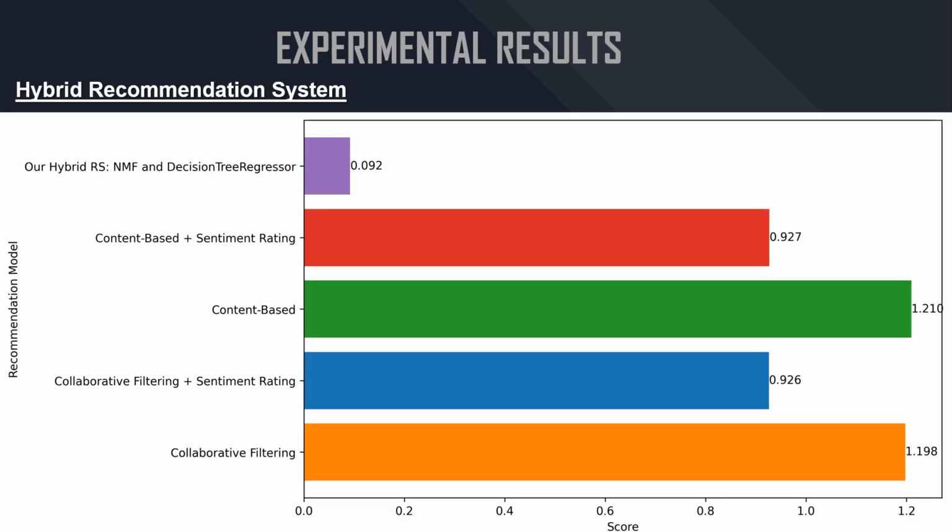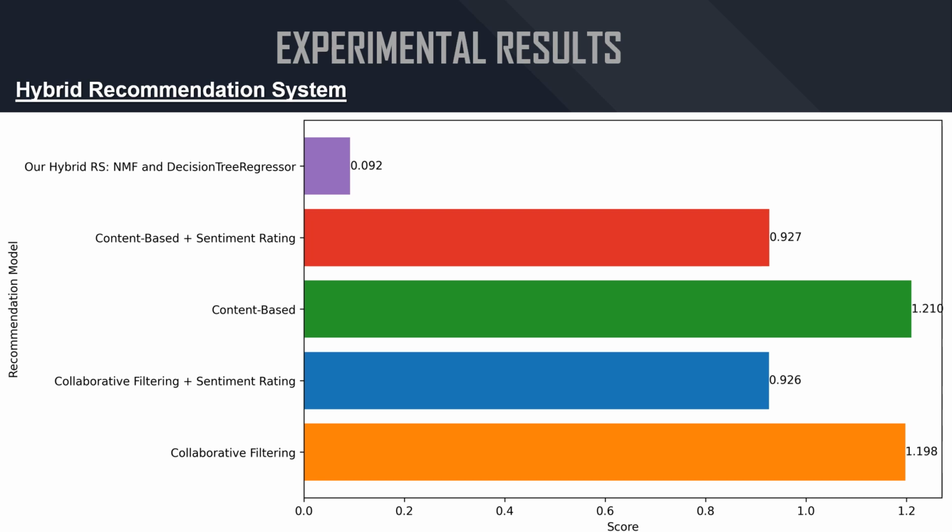This figure compares different recommendation models based on their evaluation metric score. The collaborative filtering model achieved an RMSE score of 1.1976, while the collaborative filtering with sentiment rating model significantly improved performance with an RMSE score of 0.9216. Similarly, the content-based model obtained an RMSE score of